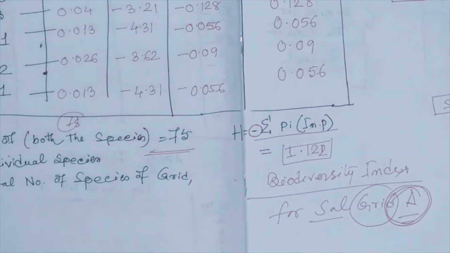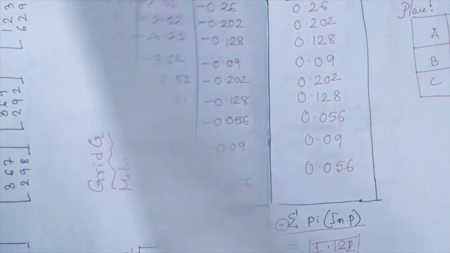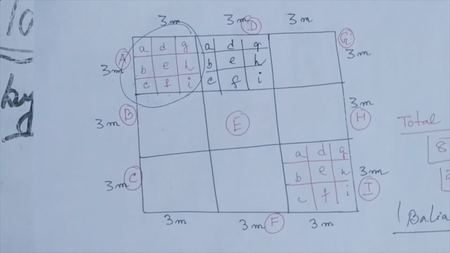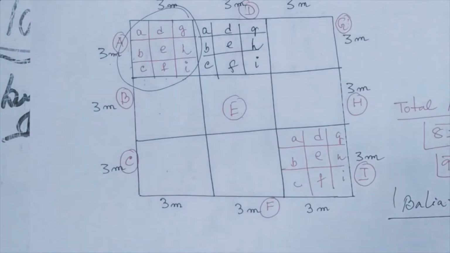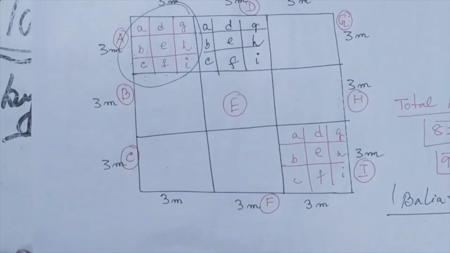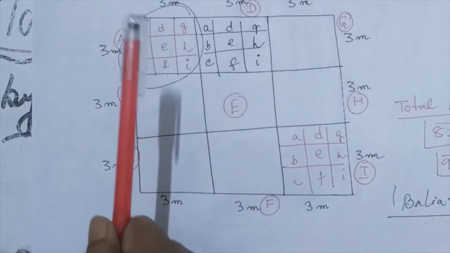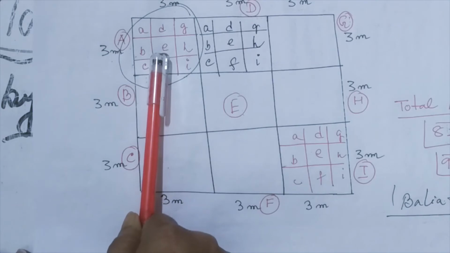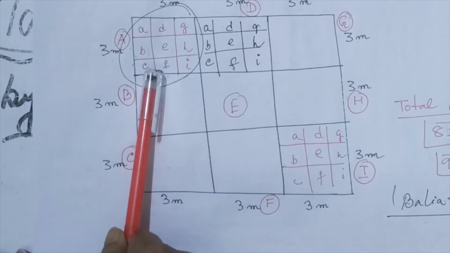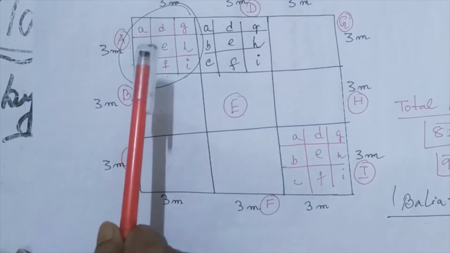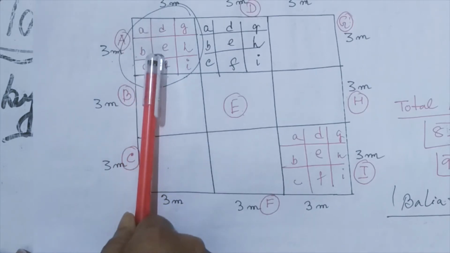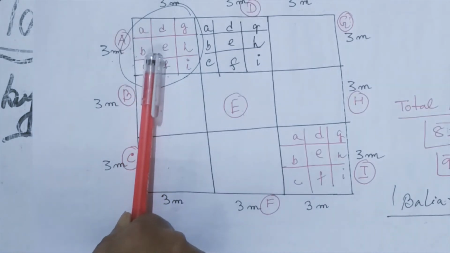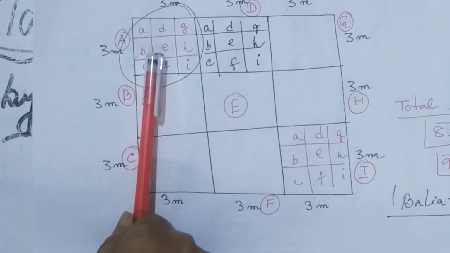Okay, a similar process will go on for species number 2. Here I would like to include one thing. Your syllabus includes that type of information, so I am providing it in this class. Here I am just citing an example. I am taking grid number A as an example, and for grid number A we are calculating the Shannon index for the Schall species.